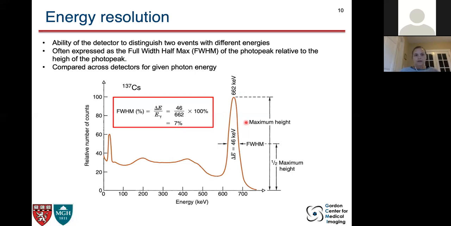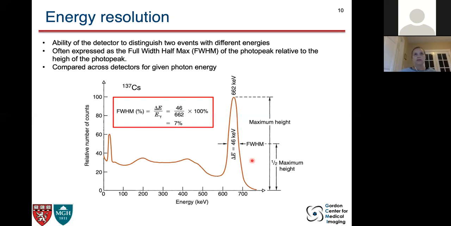So it's pretty obvious that you want this peak to be as narrow as possible to be able to distinguish it from another peak that's very close in energy. And in nuclear imaging, you want a high energy resolution because you want to be able to reject scattered events from scattering within the body, like we talked about before. And when we compare different detector types, semiconductor detectors typically have a better energy resolution compared to